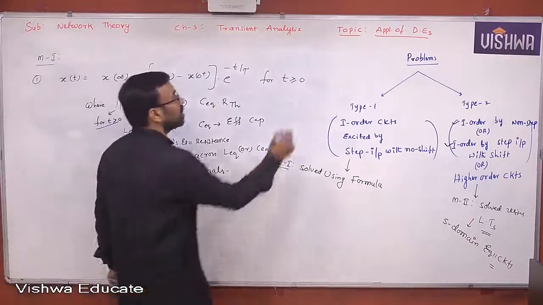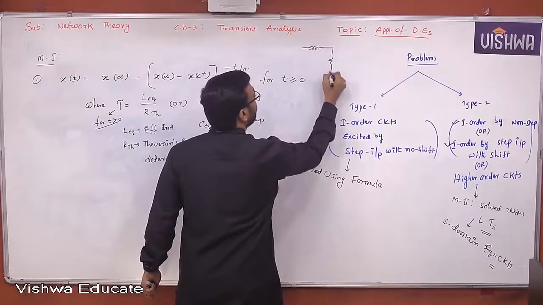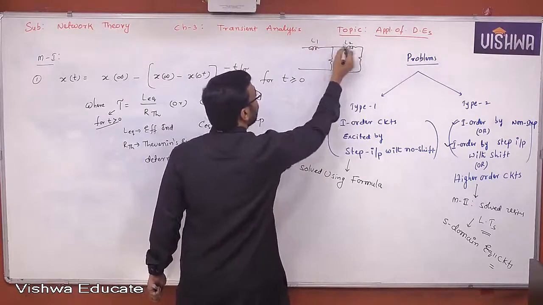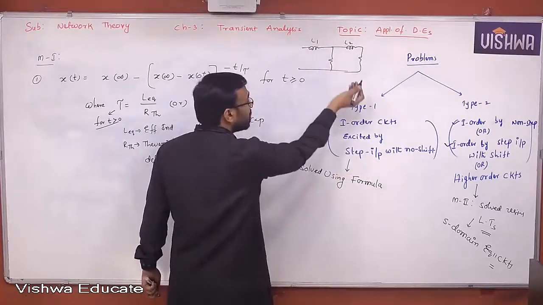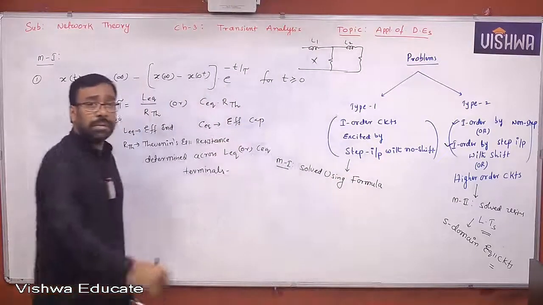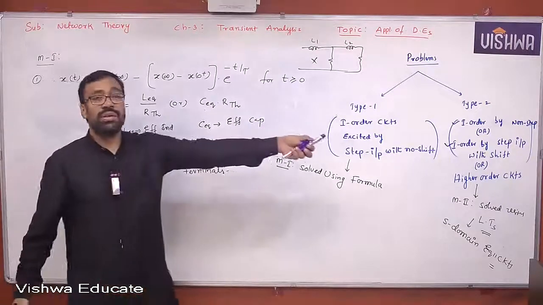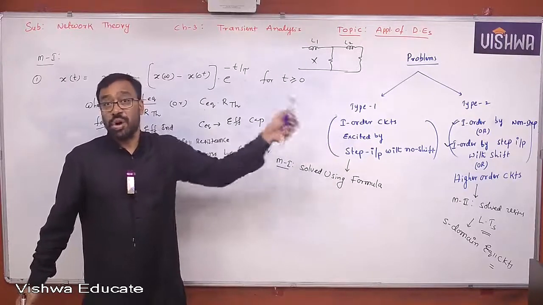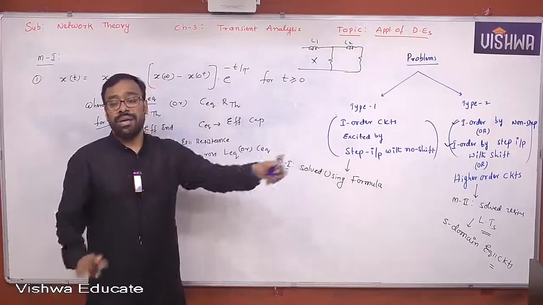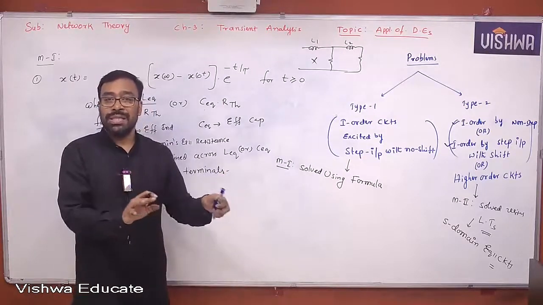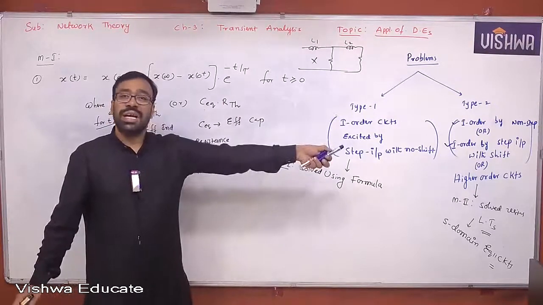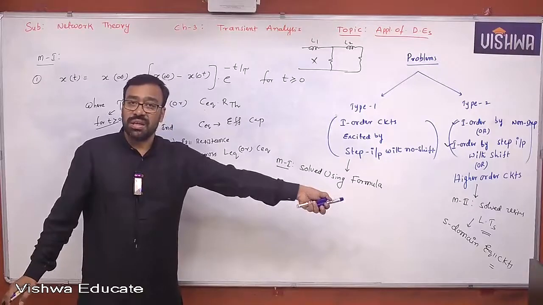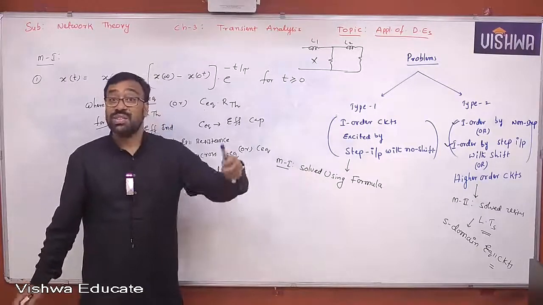I can take an example also. Like this, for example, you have L here and R here, some L here, let us say R here. This is L1 and L2. How do you find L equivalent here? They are neither series nor parallel. In such case, this method is not applicable. So how can I solve that? Then that will again fall under Type 2 category only. Understand all of you, okay? I'm not mentioning it specially over there, but wherever L equivalent and C equivalent are not possible, you push that kind of problem into type 2, then go for using Laplace transformation. That is nothing but S-domain equivalent circuit. I will discuss what is the S-domain equivalent later on.